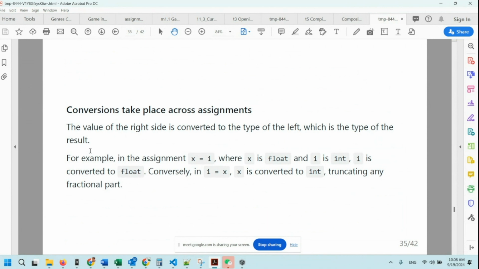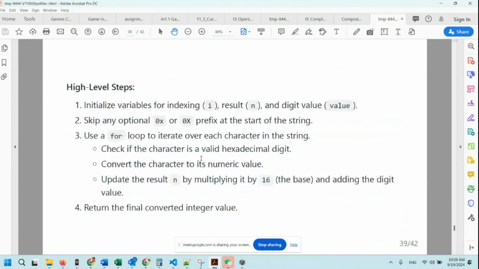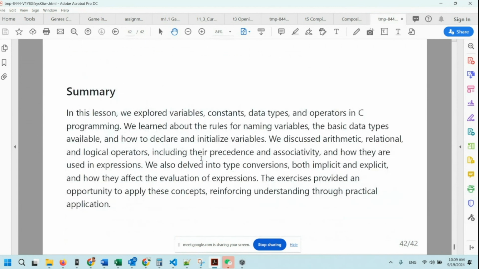All right. Assignment is different, right? Assignment depends on what is on the left-hand side, right? If the left-hand side is float, you will always convert to float. If the left-hand side is integer, you always convert to integer. All right. Explicit type conversion. All right. So let's do some